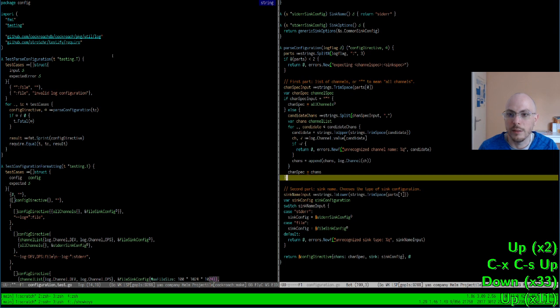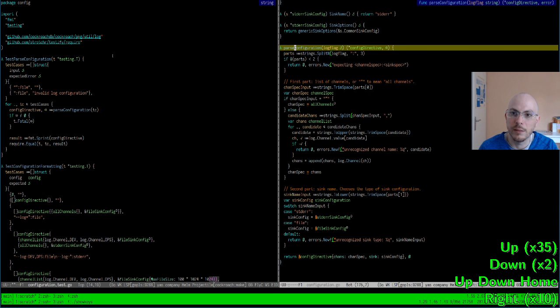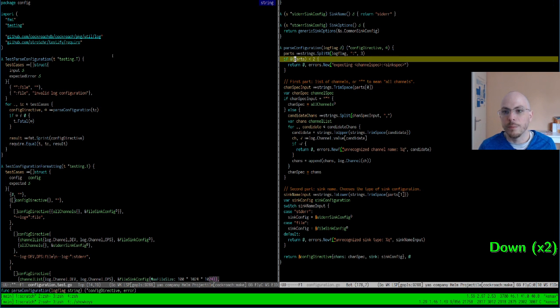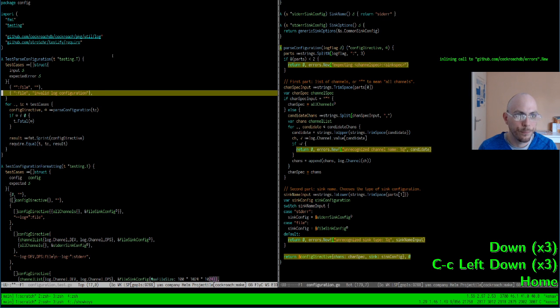All this is unexpected invalid load configuration. Once I embed this into a larger configuration system, I will add a prefix to the error message.